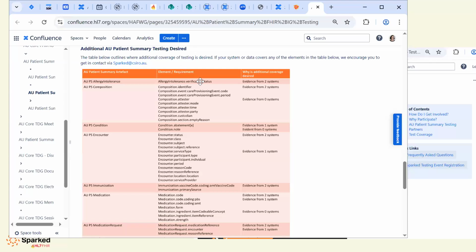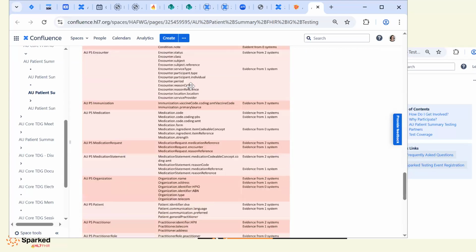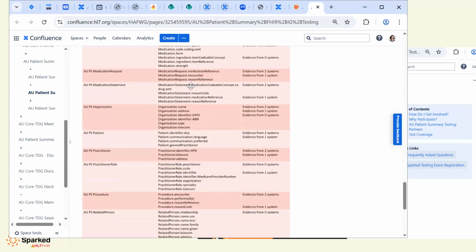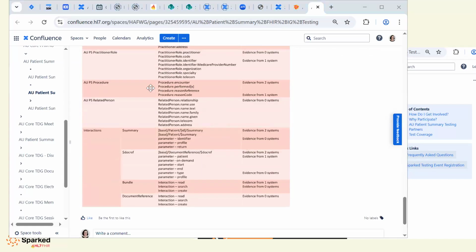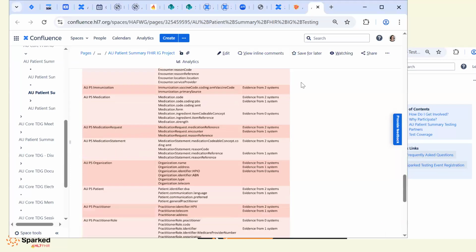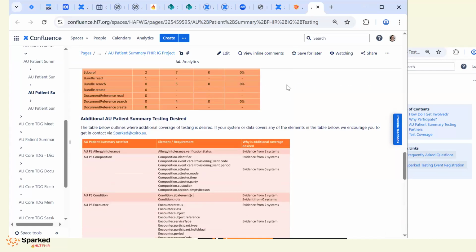And I think that's a bit of a call out to the community to look at who's using verification status and why. There's certainly some more elements in composition we have to look at, some of which might come out of our use cases around attestation. And certainly we've got section empty reason there. And this list continues. So if you are implementing or have implemented and you have these elements, we would really appreciate you getting in touch so that we could understand how that's being used and track some of that through, because where we need to get to is what actually really is used.